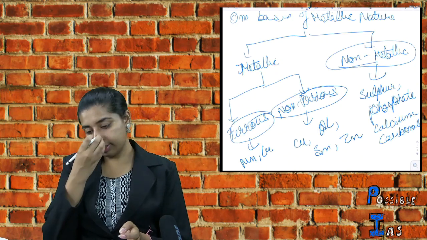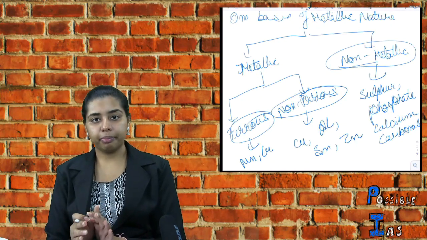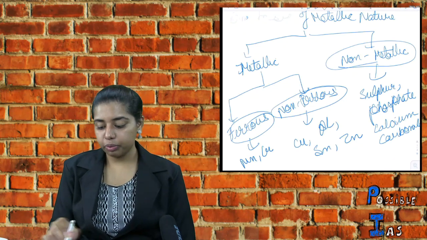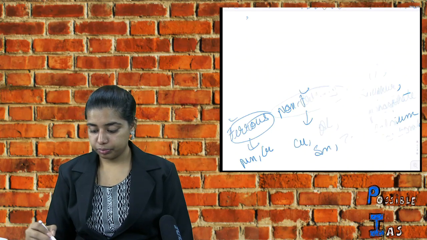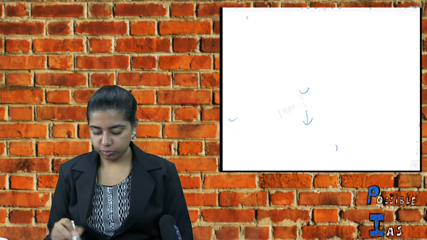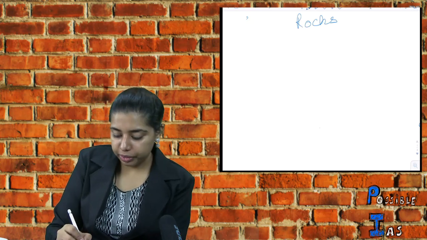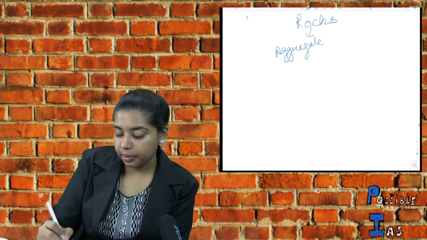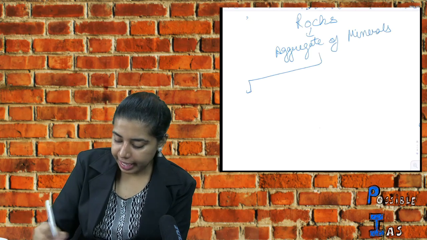Now we have discussed what minerals are. Different elements combine to form minerals, and different minerals combine to form rocks. So now we will continue with what are rocks. Rocks are an aggregate of minerals. Now rocks are of three types: